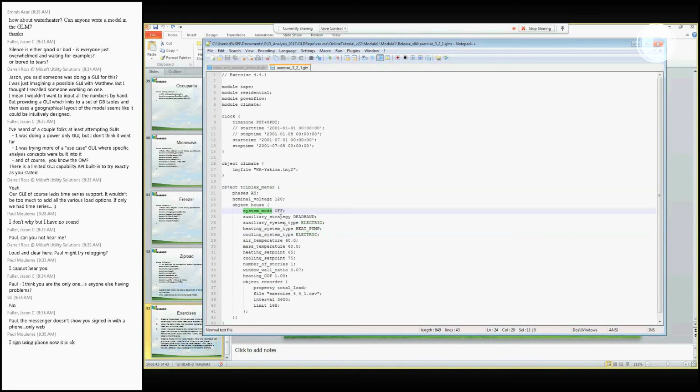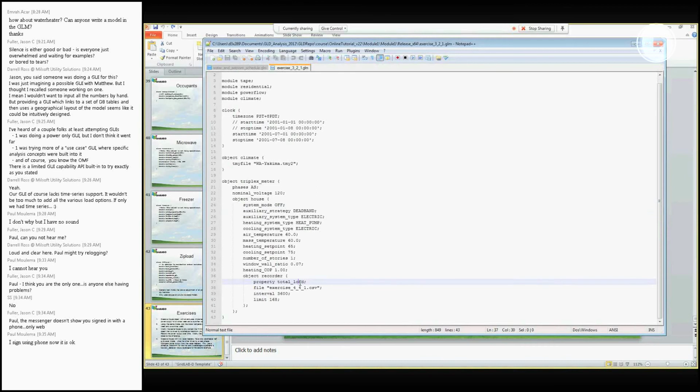Our system mode, which is the current mode it's in, is basically saying that this thing is starting in the off position. And we're initiating some of the things, like we're starting the initial air and mass temperature at 60 degrees. Here are our set points, 1 story, a few different things like this. But really what we're going to do is run the recorder here, and we're going to capture total load. So if we run this,